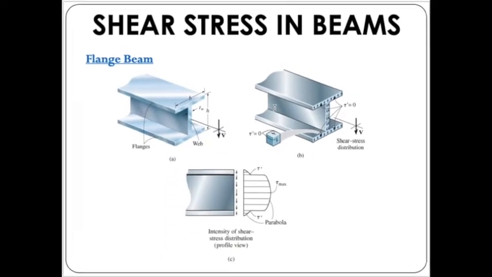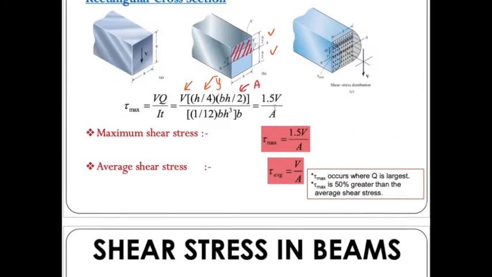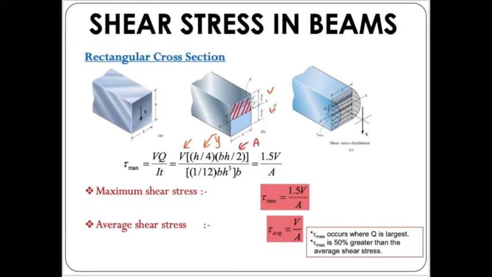So this is for a flange beam. As you can see here, before I forget, the shear stress distribution for a rectangular section will look like this. So this is the shear stress distribution for a rectangular section, where you can see that the maximum will happen right in the middle of the section, in comparison to